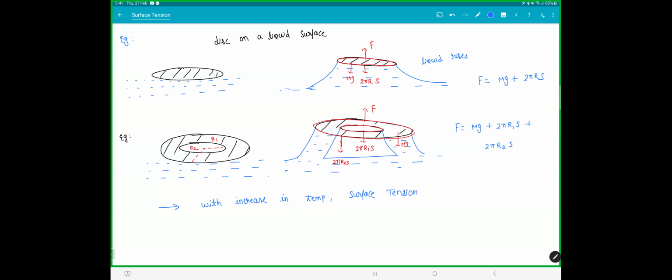Temperature increases. We're talking about liquid, right? We're not talking about the length. The value of S will decrease. Surface tension decreases. Why? Think about it. Yes, the molecules will start vibrating more rapidly. If the molecules vibrate more rapidly, then the interaction between the molecules will decrease,